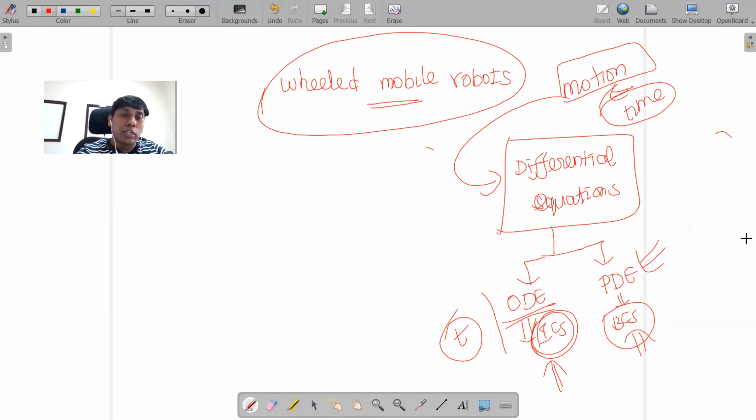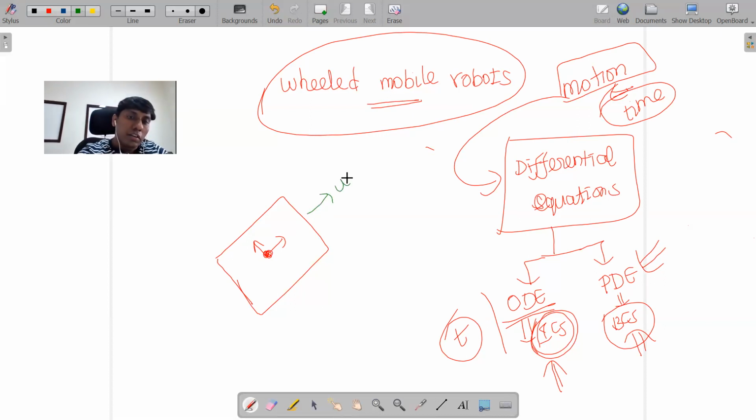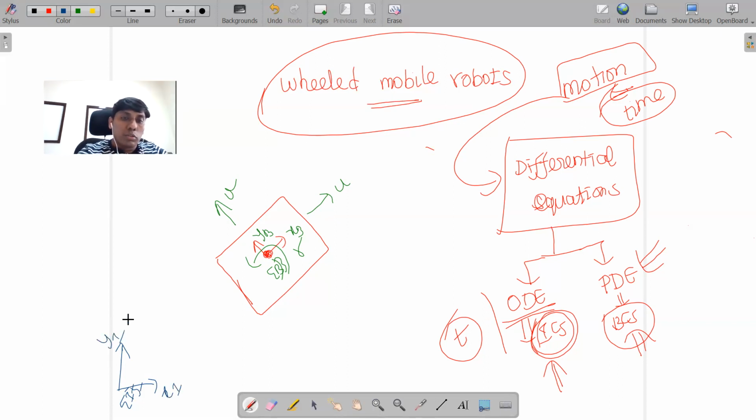If you recall our kinematic relation, we assume there are instantaneous velocities with respect to the body: u is the longitudinal velocity, v is the lateral velocity, and r is the rotational velocity with respect to the b frame, where this is xb and yb. We can write a relation with the inertial frame, which means the earth-fixed frame, xi and yi.